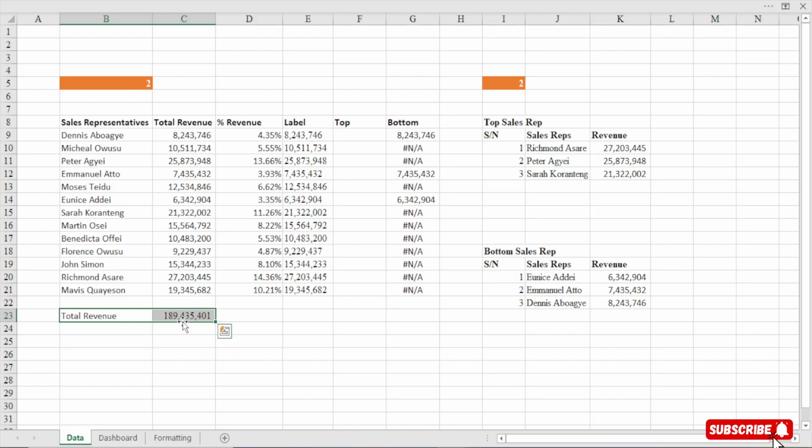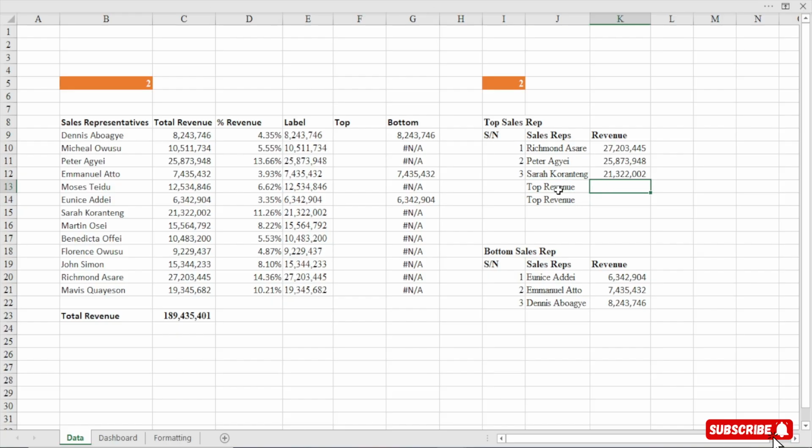Perfect. Let's hold it. Then when you come here, we can see this is the maximum revenue. So we can see this is the top revenue. Perfect. And then this is the total revenue, right?